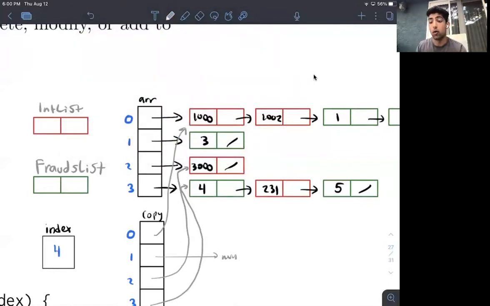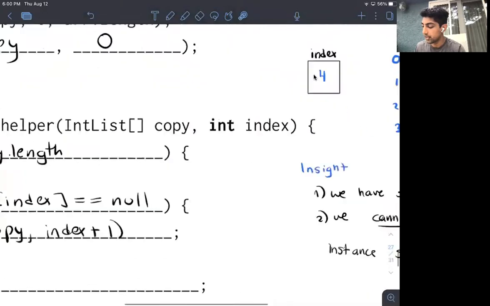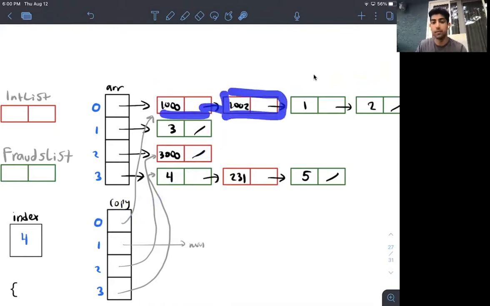Every iteration, I want this index to point to the next link. So how I achieve that in code is I say, in order to point to this, I can set copy of 0 to be copy of 0 dot rest.